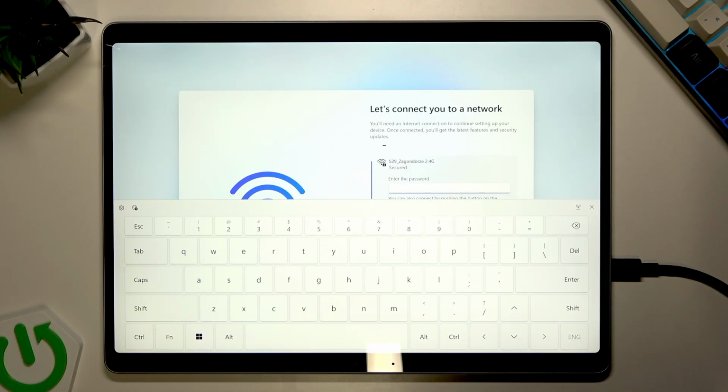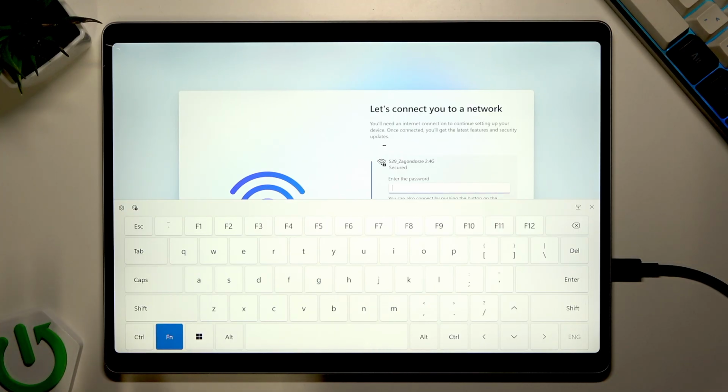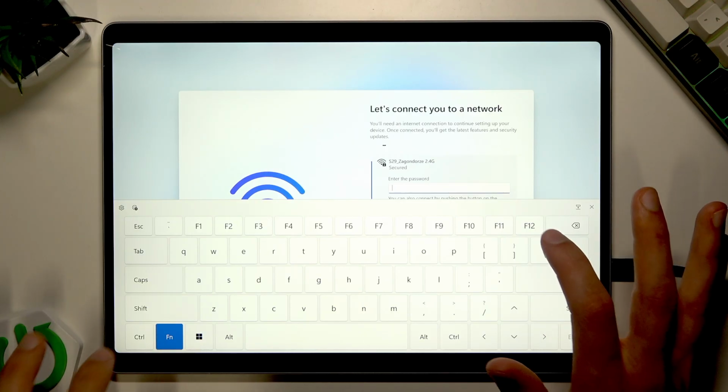Now, if you have already entered it, you either have to turn off the router you are connected to, or just leave the area and go to some place where your Wi-Fi signal is unreachable. After that, you have to press the F10 button to open the function keys, then hold down the left shift and F10 buttons together,